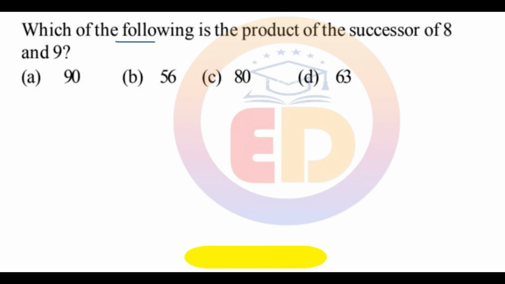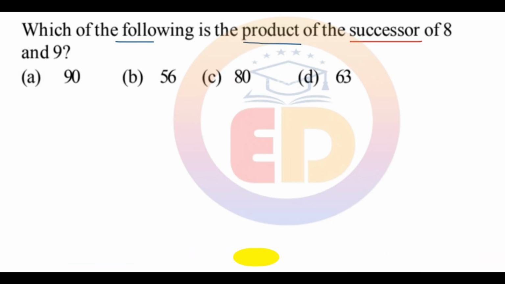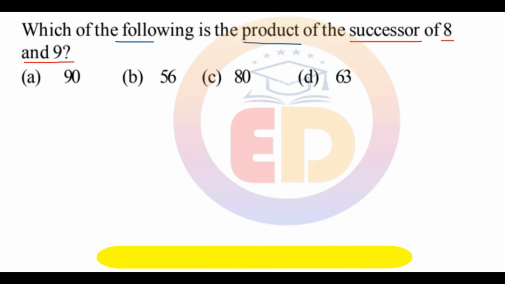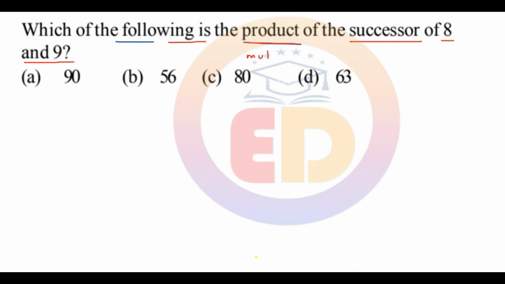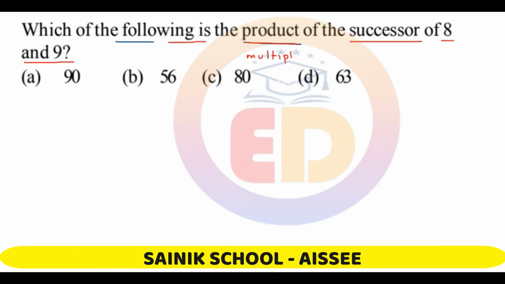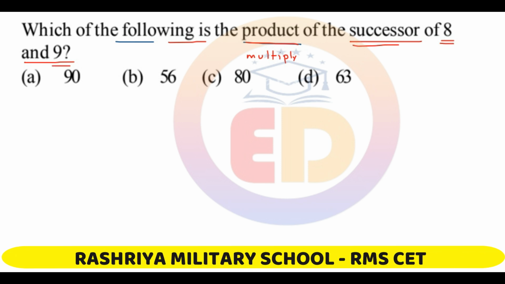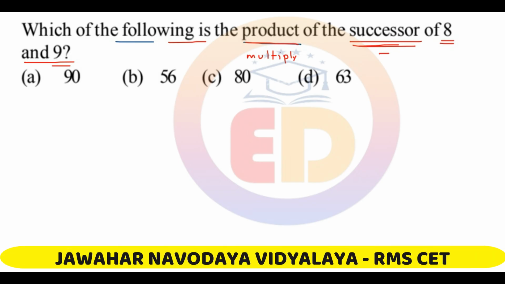Which of the following is the product of the successor of 8 and 9? Let us break down the question. It says which of the following is product. Product means multiplication or multiply. What we have to multiply? We have to multiply the successor of 8 and 9. What is successor? Successor is a number which comes after, and to find the successor you add 1 to the number. So successor